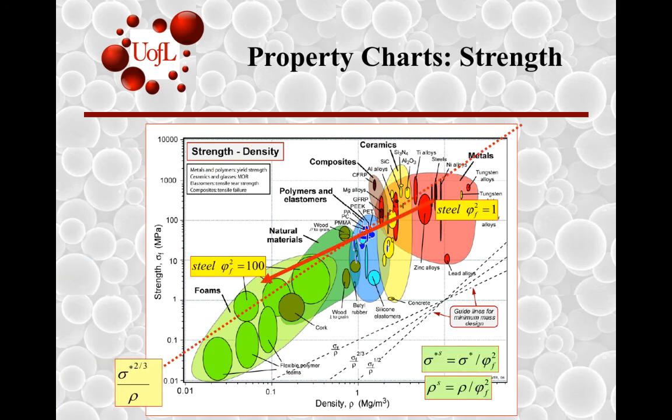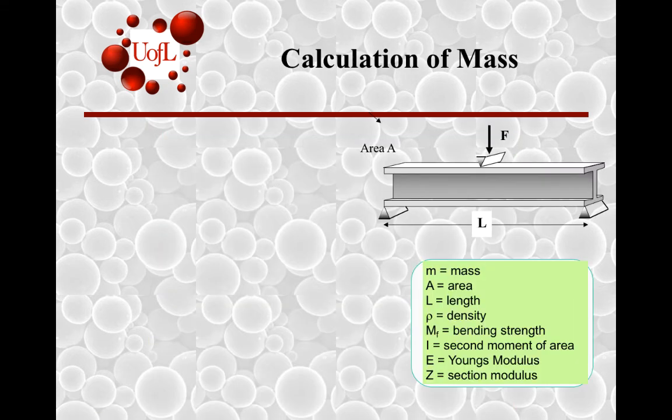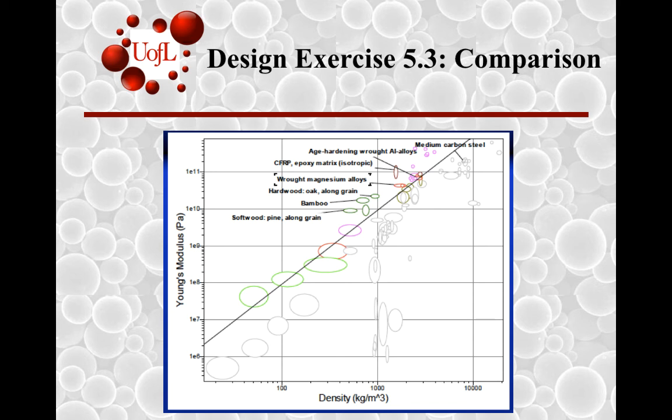This was for steel, and basically you're effectively looking for a new material that had an effective strength of sigma over phi squared and an effective density of rho over phi squared. So if you begin to look at this in comparison on CES EduPack, you will be able to explore this analysis in the same way that you did by numerically calculating this on an Excel spreadsheet for reference, or by pen and paper to get a feel for what's happening. In the next class, we will look at how to graphically solve these problems to get the